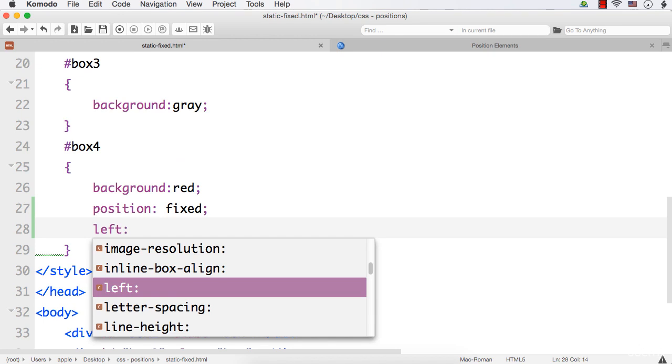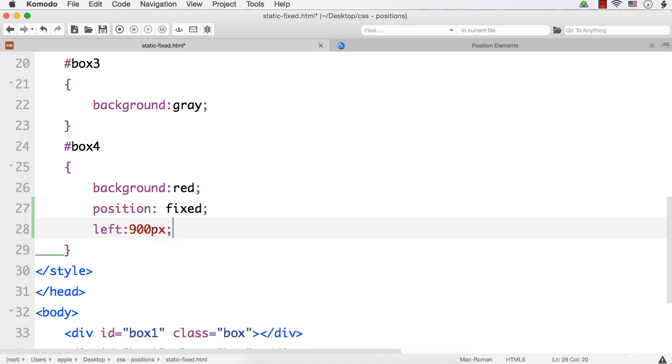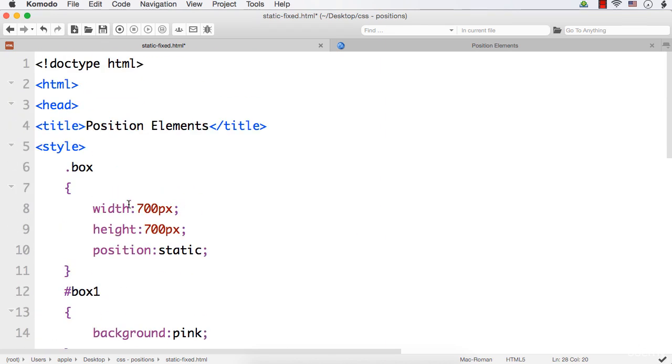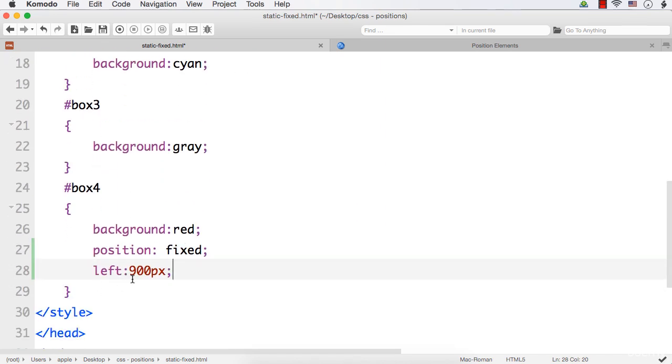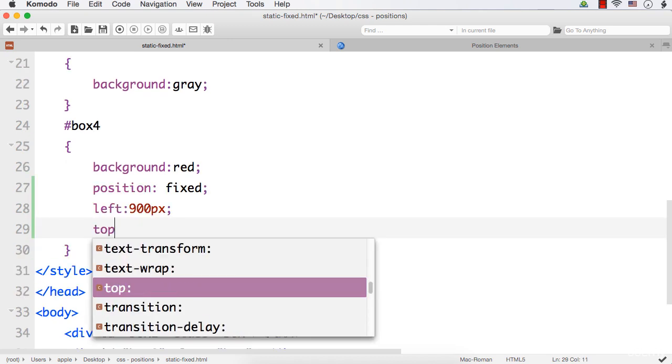So let me set the value of left property to be 900 px because already the width is set to be 700. So I am setting the left value to be 900. So it will move towards the right hand side. We will see the left, top, right and bottom properties in detail in following lectures. Okay. So left I have set the value as 900, and for top let me set the value to be say 200 px.